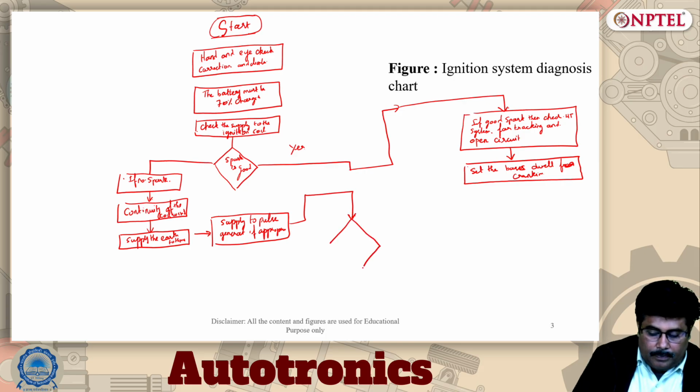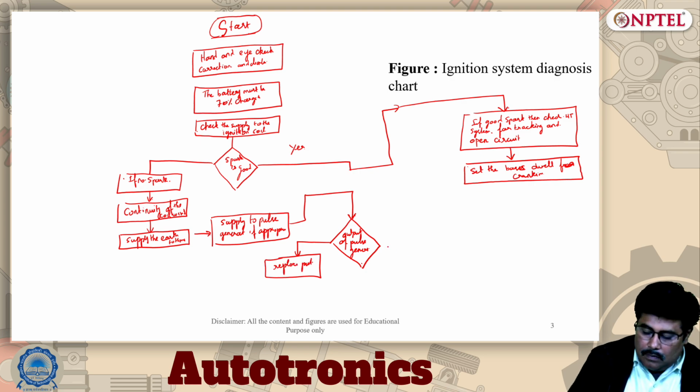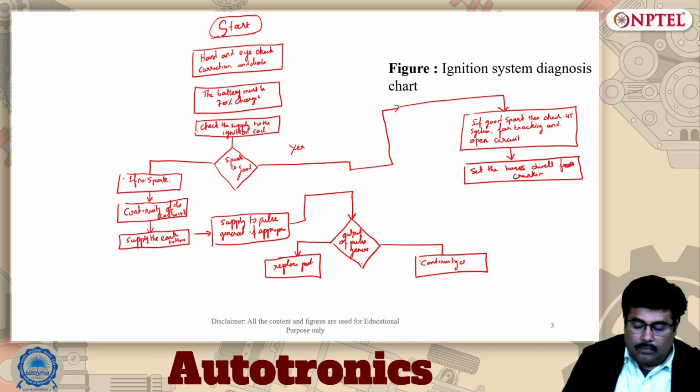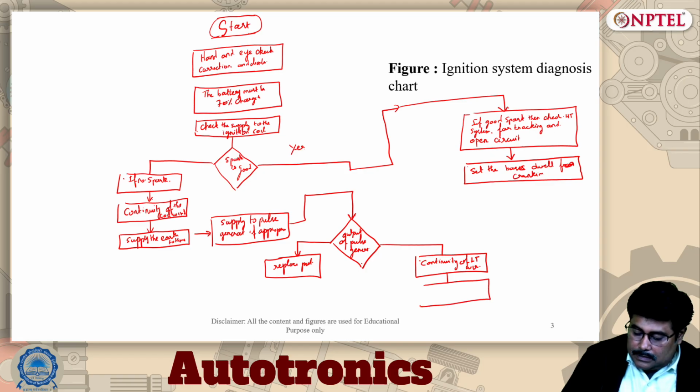Then we have the output of the pulse generator. Then we have to replace the pulse generator. And then we have to look into the continuity of the low tension wires, and then finally replace the module